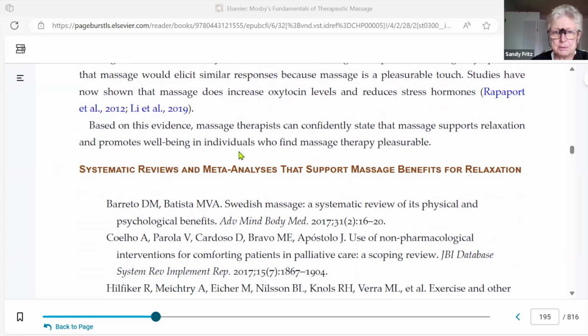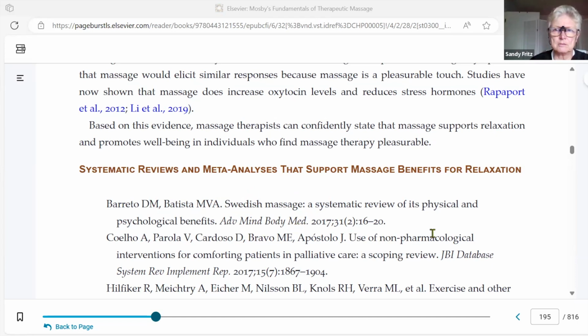Then the way this is put together is the highest level of research are systematic reviews and meta-analyses. And so it was important to me as I wrote this book that I was able to support the statement that an evidence-informed outcome for massage relative to relaxation is supported by systematic reviews. And when I do this, what I found is that